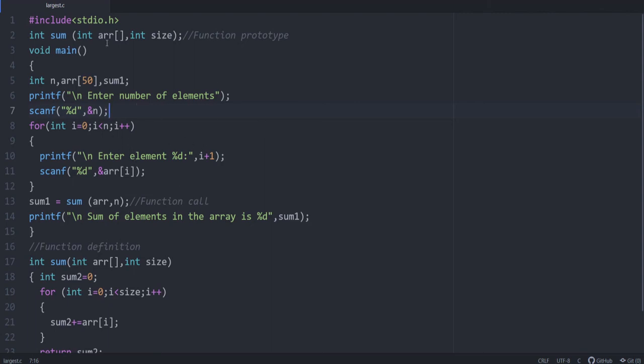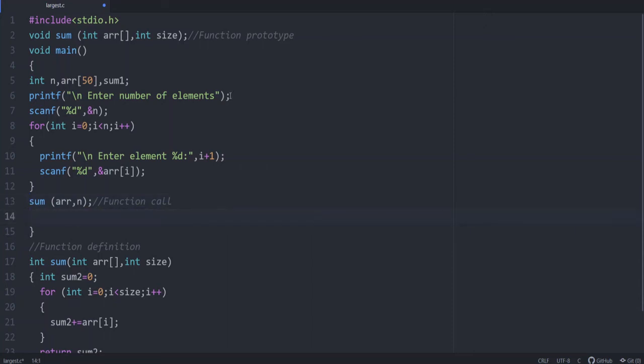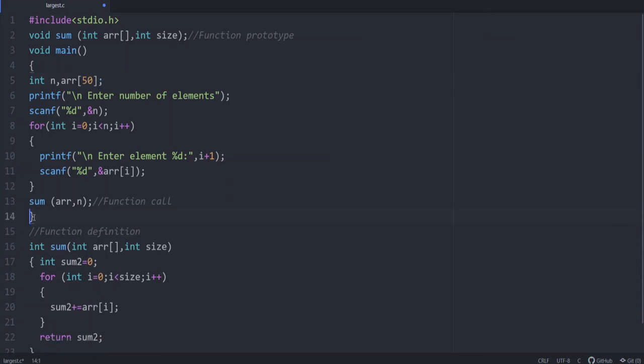This is how we pass an array as an argument to a function, and we can return the value, or you can rewrite it with no return type. If that is the case, we will give void sum, and here you just have to call the function. You cannot print it here because you have no value returned by the function, so no need of a variable here. You are just calling the function and the main function is over.